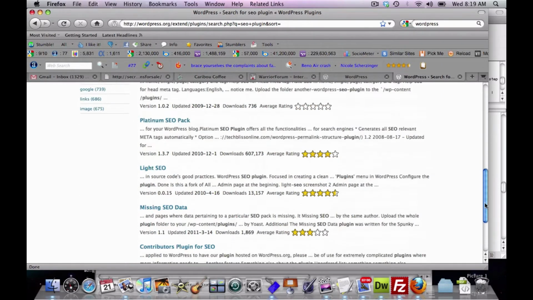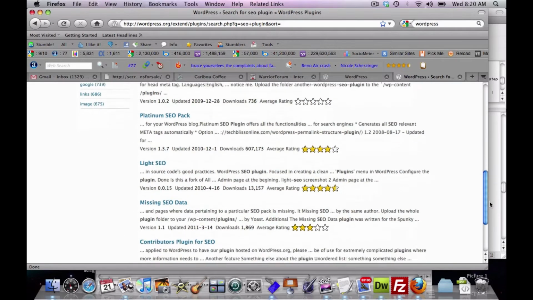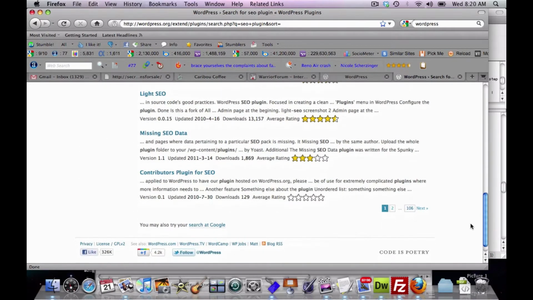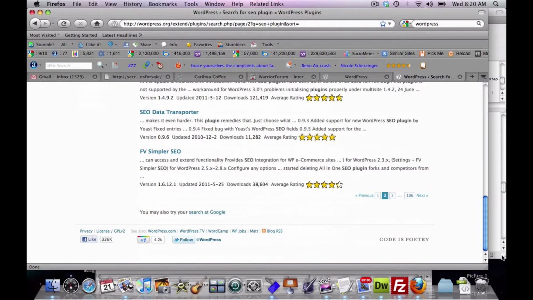Okay, so we've got a number of these, and I can't say that any of these would necessarily be bad choices. They might all be good choices. So they're ranked with stars and that kind of thing, and so you could download those. I've already kind of chosen one that I plan to use here, and I think the easiest way to get to this would be the second way that you could search, and that would be just to use Google, and you could type in